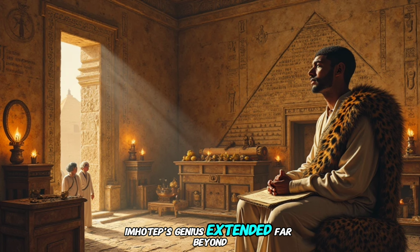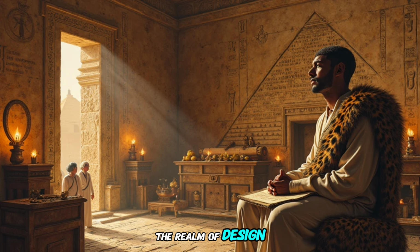Imhotep's genius extended far beyond the realm of design. As chief minister, high priest of Ptah, the creator god of Memphis, and royal advisor, he was a true Renaissance figure of the ancient world. He mastered fields ranging from medicine and astronomy to engineering and theology. In medical papyri dated to later periods, Imhotep is credited with performing surgeries and diagnosing illnesses, earning a reputation as